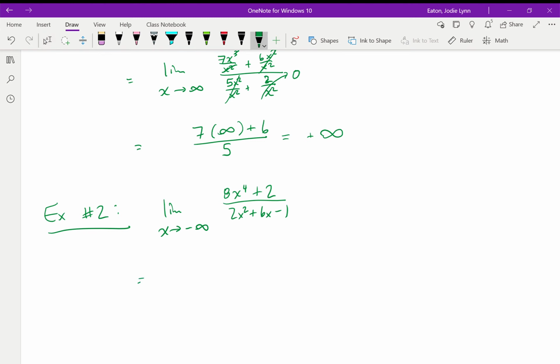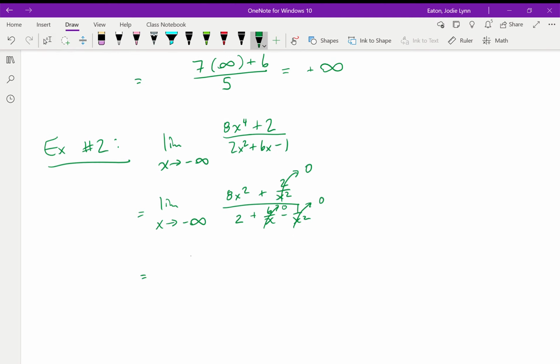So this is equal to the limit as x approaches minus infinity of (8x squared plus 2) over x squared, over (2 plus 6 over x minus 1 over x squared). So we're dividing everything by x squared. Anything that has an x in the denominator is going to go to 0 as we go to infinity. Anything over a big number will go to 0. So we end up with